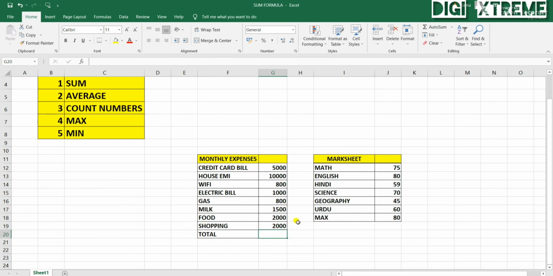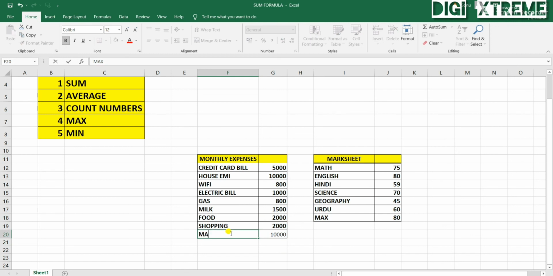And guys, if you use any formula, like I have applied this formula max here, I have got the result 10,000. So this is the interesting thing of formula. Now I have applied this formula over this sheet. If I make any changes, this will also reflect.